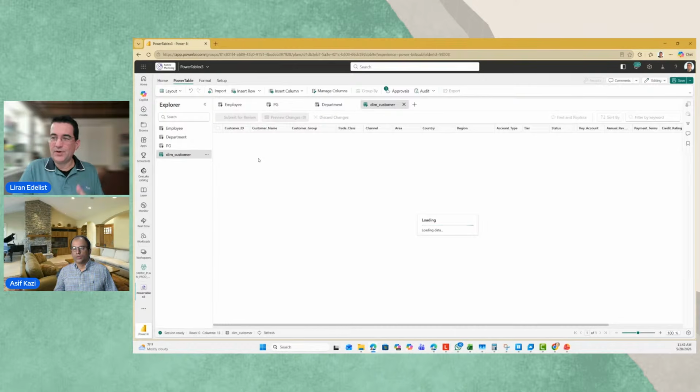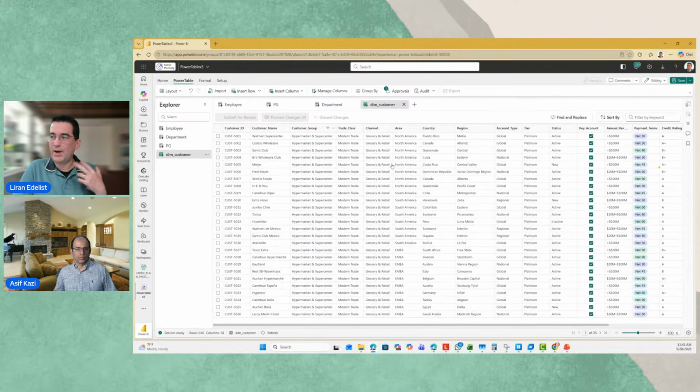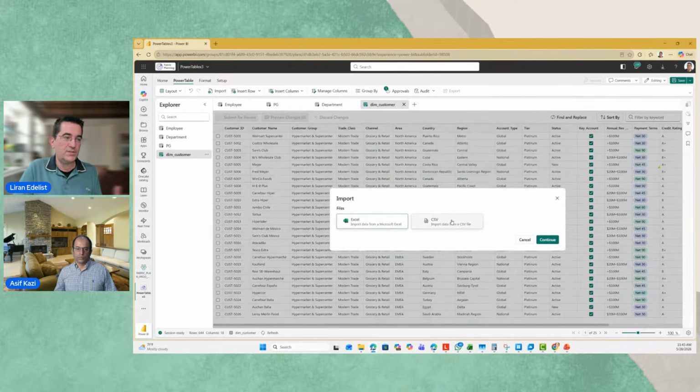There are a bunch of other options here. So you can do bulk updates, copy and replace. You can import data directly from Excel. So if you are getting some information from a supplier or from some users that are really insistent on loading an Excel file,